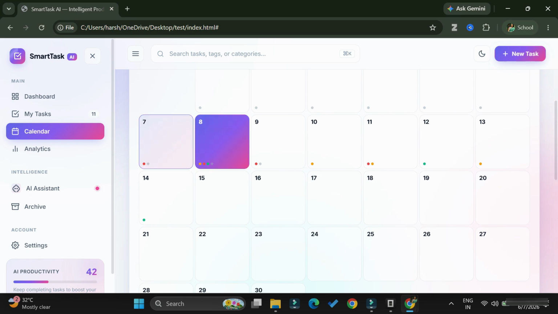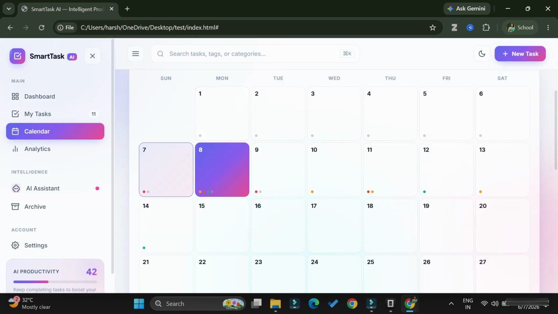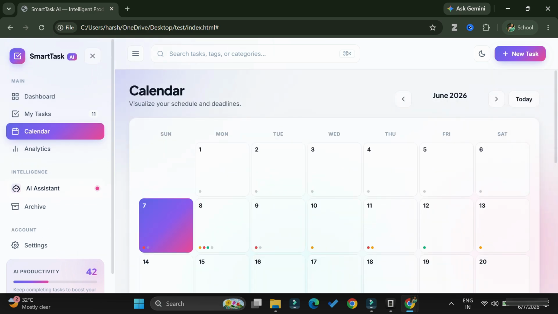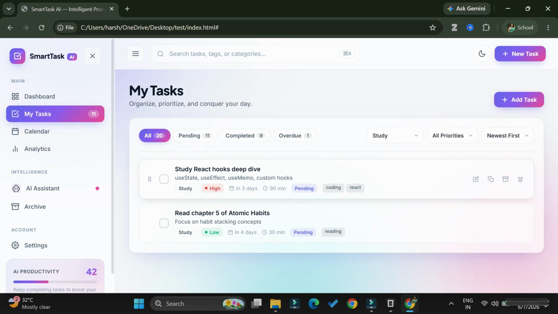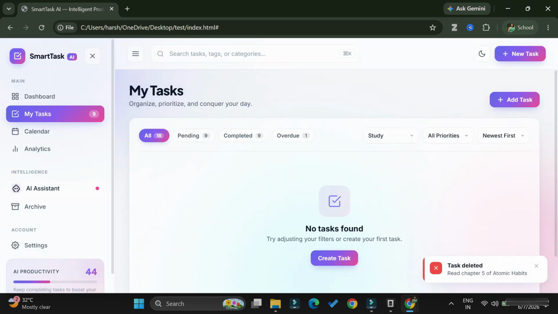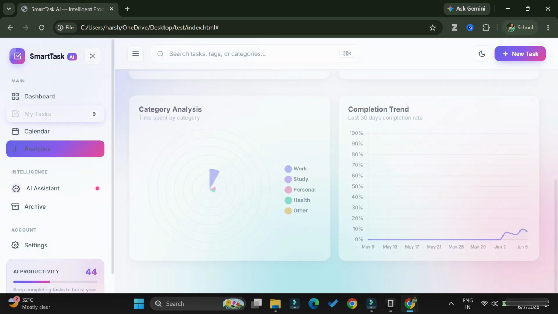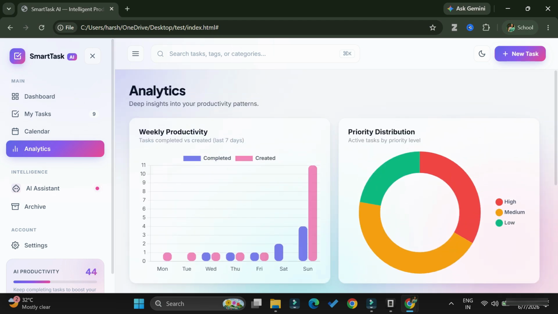And there is a calendar which shows tasks on a particular day. And analytics shows everything, like what type of tasks there are and how many tasks are pending, and all that. If I change anything in my tasks, it is reflected in my analytics. So here you can see I'm deleting some of the completed tasks. We also have options for editing the task. So you can go to my tasks, select the task, and edit it, and you can delete it also, right?